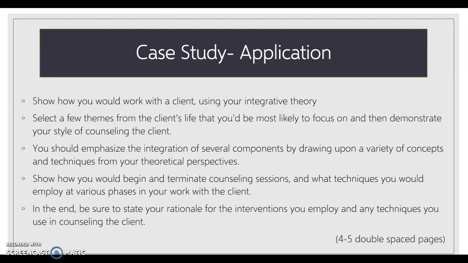This is the application section where I want you to feel free to add and create your own client, and then as you give your client's problem and the reason why they are there for counseling, when you describe the client situation really well, I want to be able to see how you would use your theory in beginning your session with the client, how you would work with the client, how you would end your session